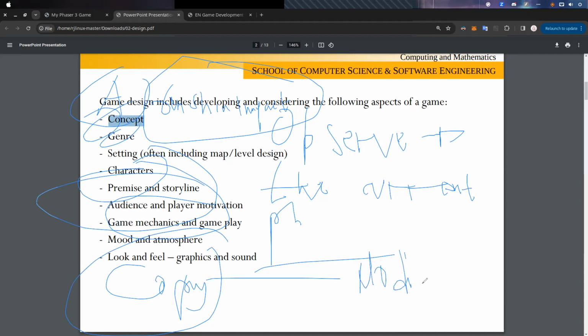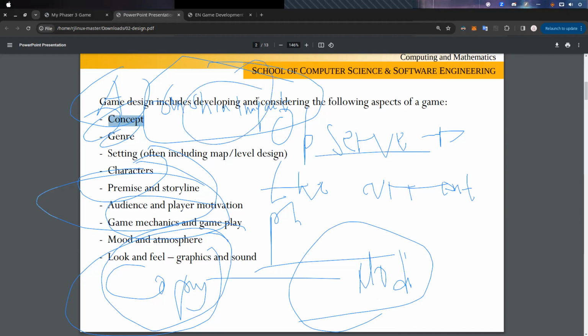After we copy, make sure you modify. Why do we have to do that? We want to find ideas from the existing game and turn it into our own version. For example, you observe Genshin Impact and you change the title, and you copy all the concept, genre, and character, and then you modify, for example, the character.